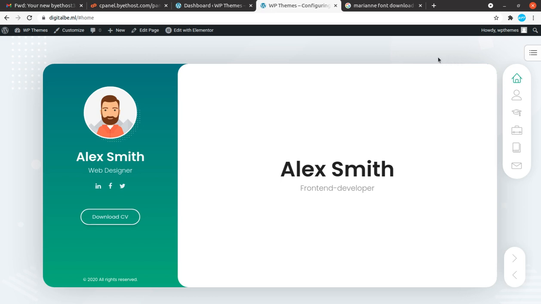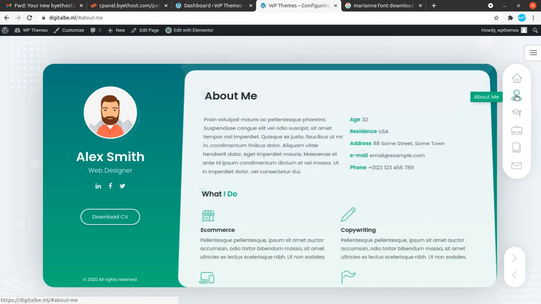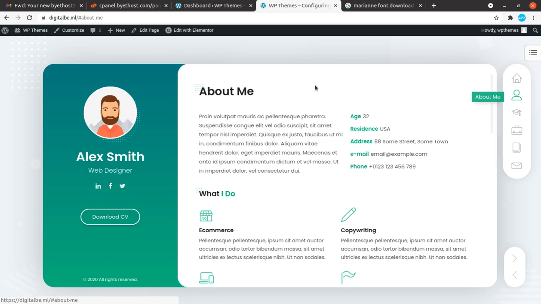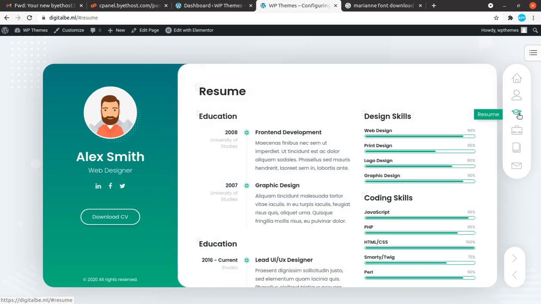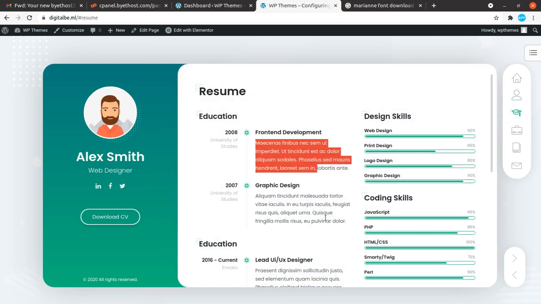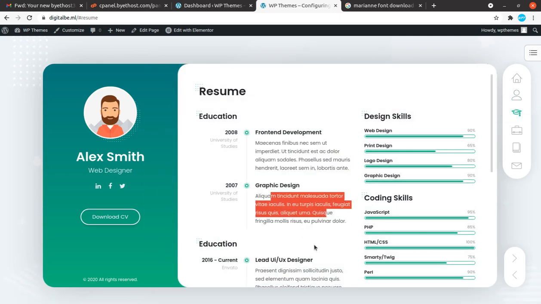And you might be knowing that every theme has its own typography settings. Similarly, Breezy CV is also having its own font, and you can see this font is very good, and the person wanted to change.